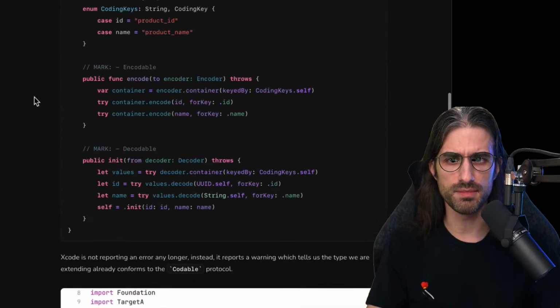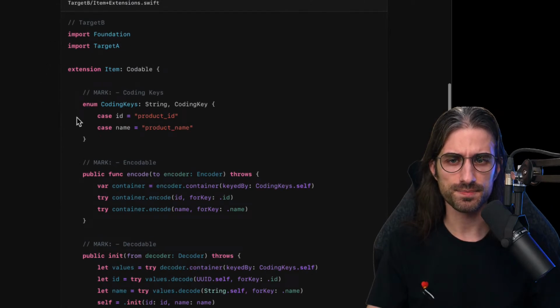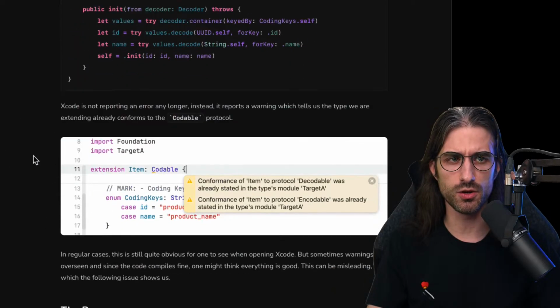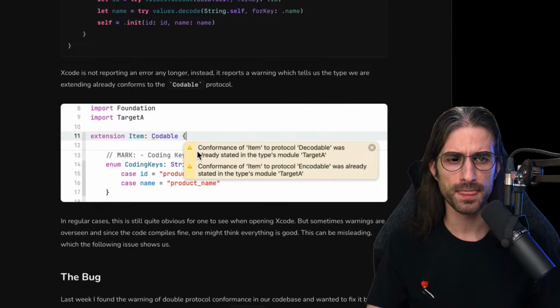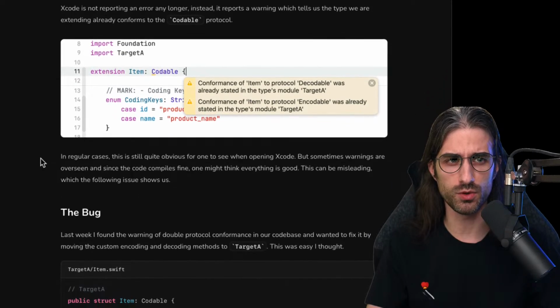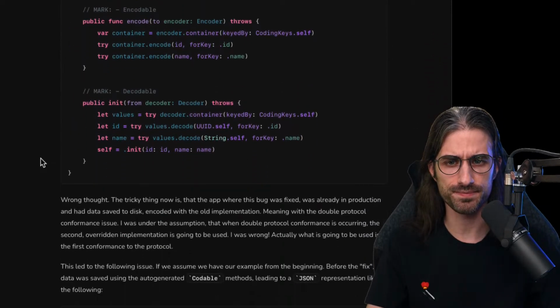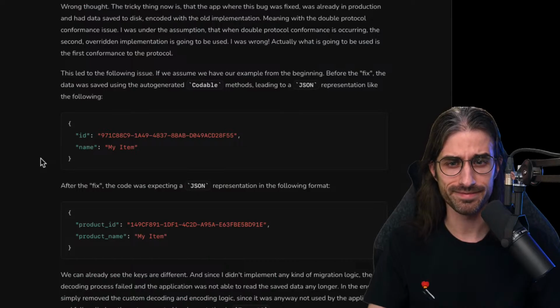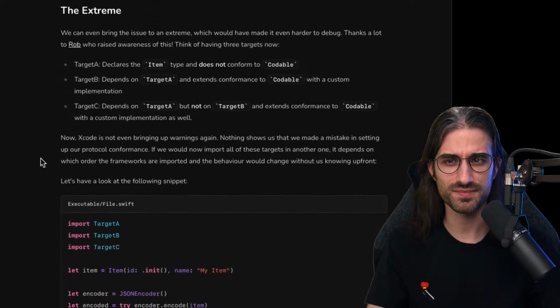So what was happening is that basically before this, the conformance to Codable with the overriding of the default behavior in target B would build, but it would be completely ignored. And in a way, the warning could be better because it could say this will not be used, maybe not in all cases, but at least in the case we're seeing, this was not used. So it was basically like dead code, dead and misleading code. But to be honest, dead code is often misleading.